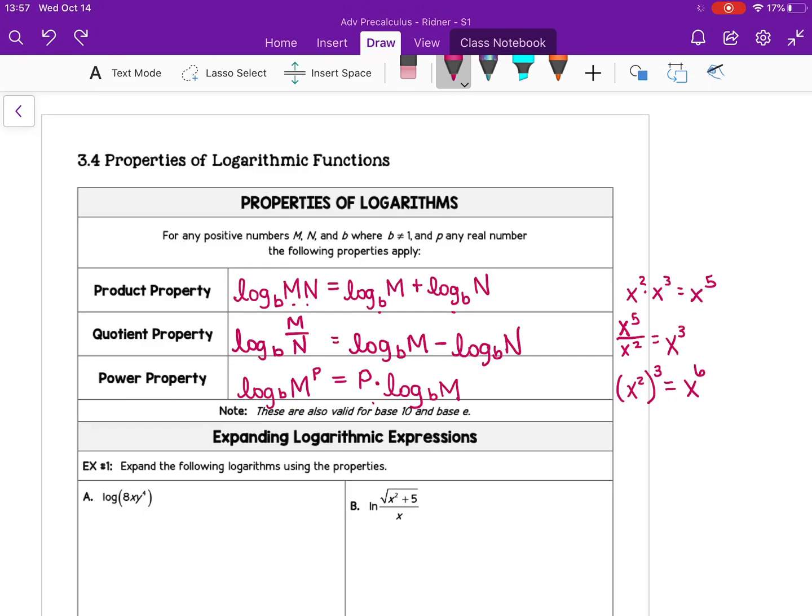So you have a spot to fill out product property, quotient property, and power property in your notes on the next slide. So go ahead and do that now, and then meet